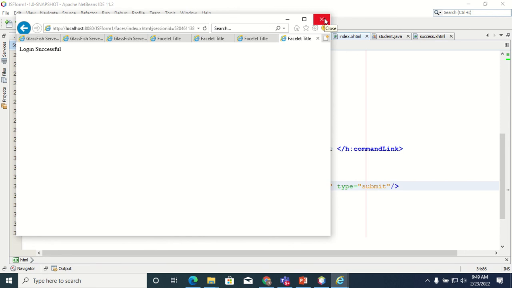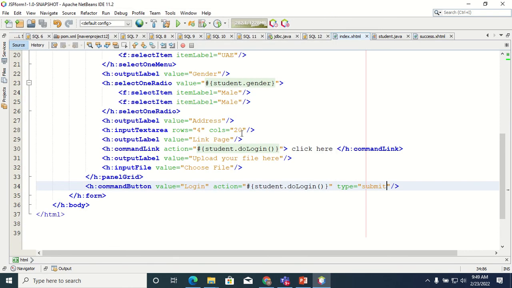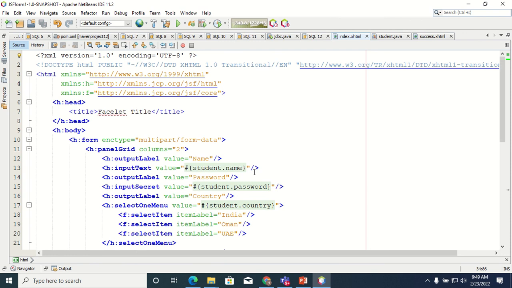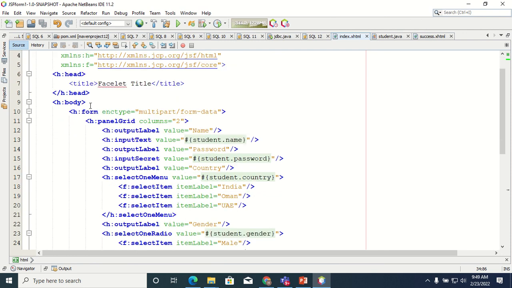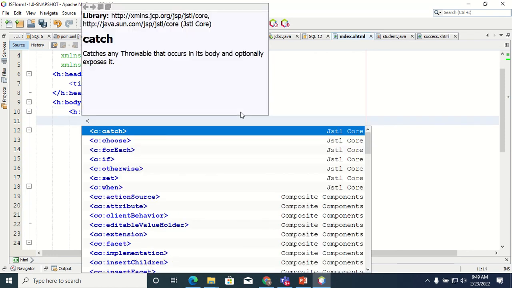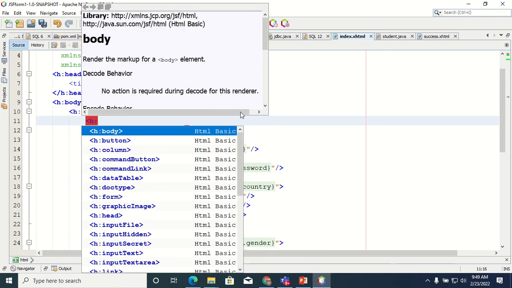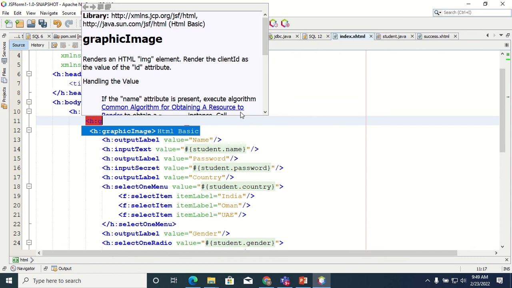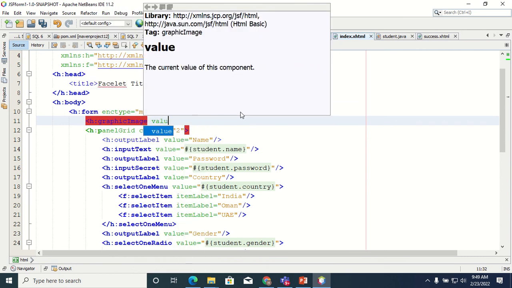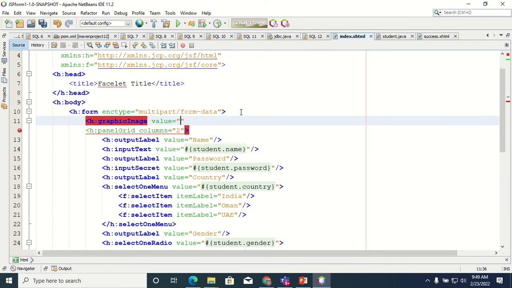Okay, now what I'm going to do is add an image on top of this form. So before the panel grid, let me add an image. To add an image, you have to use the h:graphicImage tag. You have to write the value attribute. In the value attribute, you have to write the location where you place your image. Okay, so